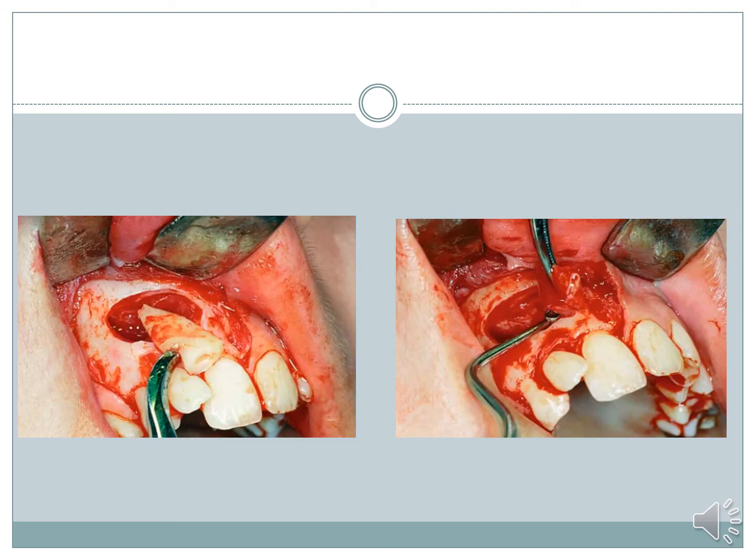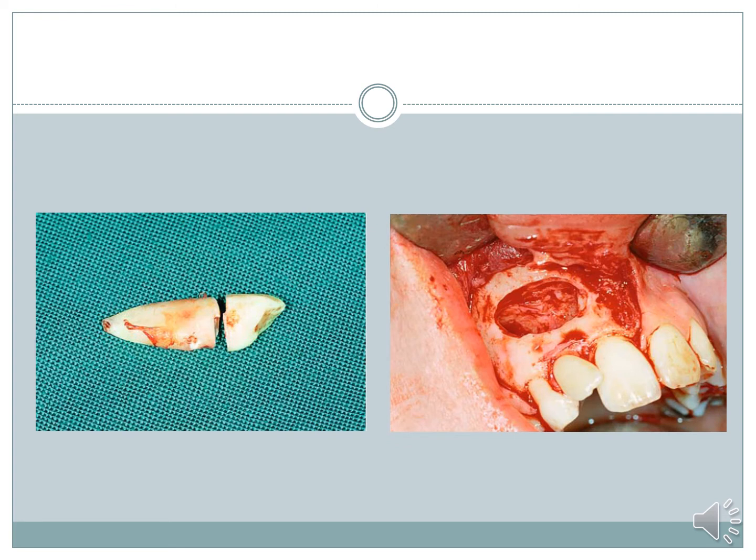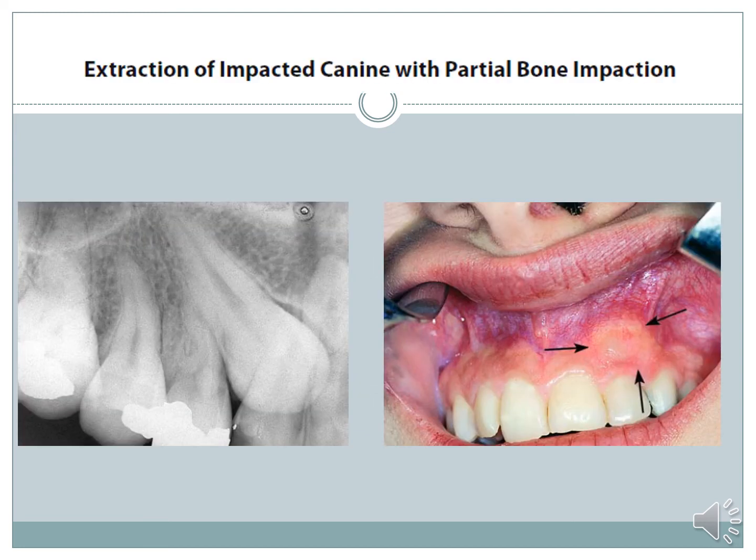So you can see the root has been removed. Since the tooth is completely embedded, you can see the tooth follicle that surrounds the tooth is being curetted off. This is a tooth that has been surgically removed, and you can see the socket after the surgical removal of an impacted canine on the right side. If it is going to be on the palatal bone,